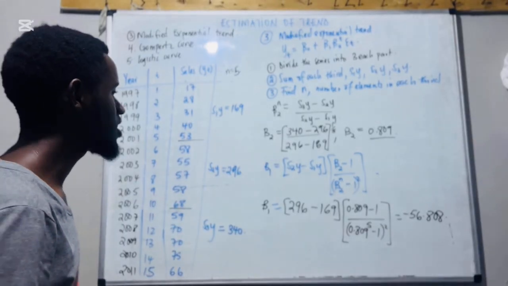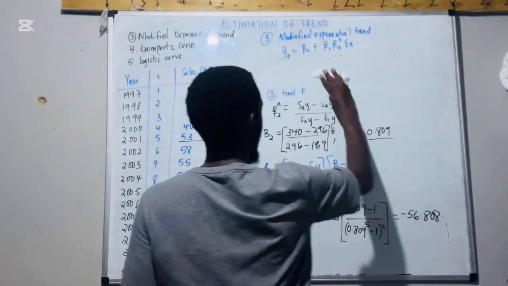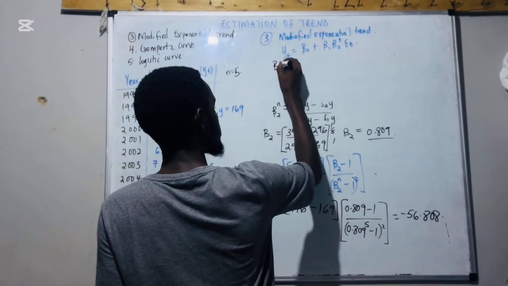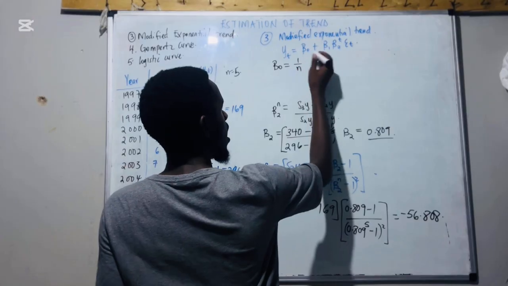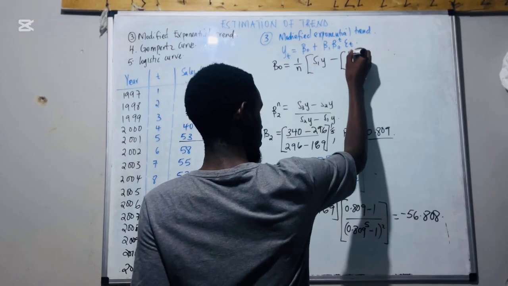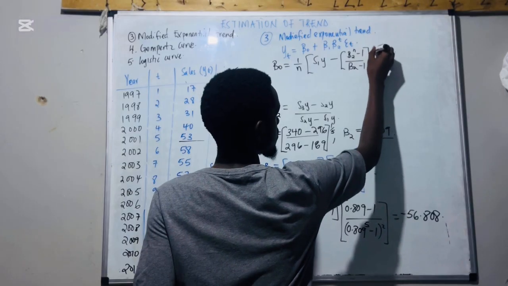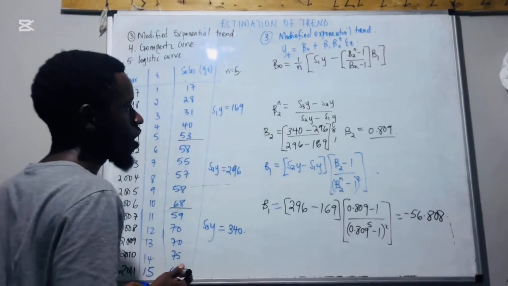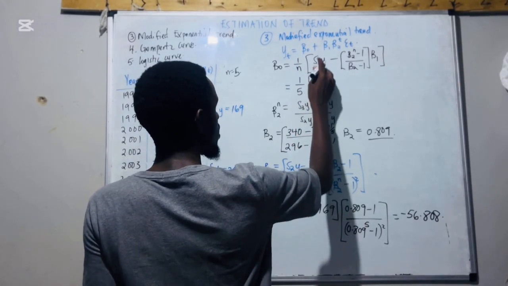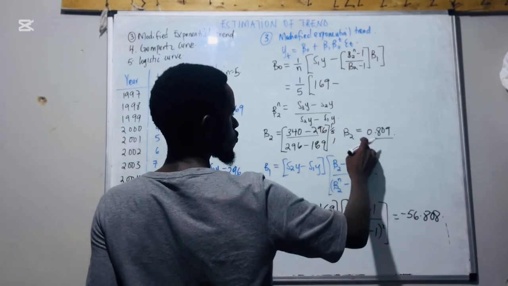And then members, lastly, we can now have our beta naught. Beta naught, we said, equals 1 over n into S1y, minus beta 2 power n minus 1 over beta 2 minus 1 times beta 1. Here our beta naught is 1 over 5, since our n is 5, into S1y, which is 169. Now minus, what is beta 2 power n? Remember our n is 5,